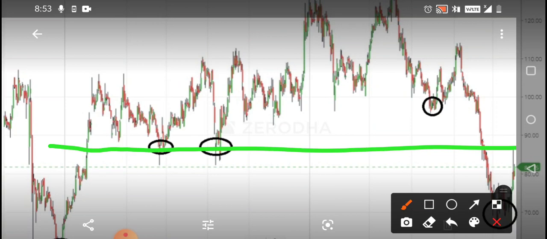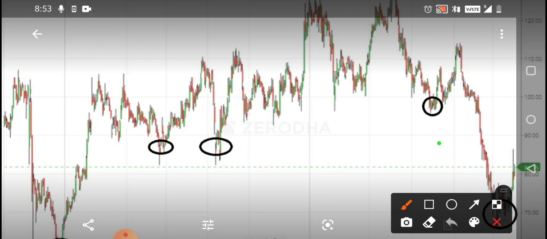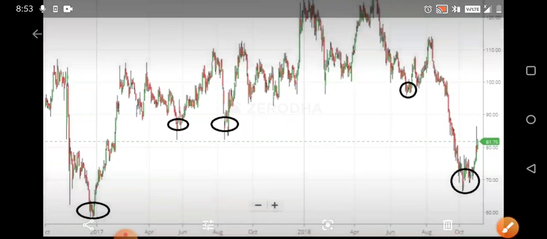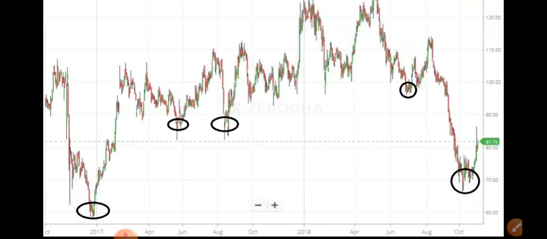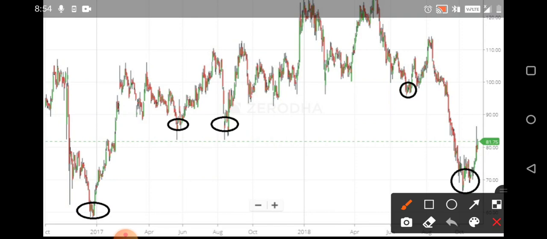So can you see, whenever the stock is going above this particular level, some bullishness is being seen, and in the same way when it is coming down, you can see the stock is also falling. So this much importance is present for support and resistance. So drawing the line at the right levels is also very important. As I told, I'll give you a pro tip that you need to remember whenever you're drawing any support and resistance. The pro tip is that you need to connect maximum wicks.